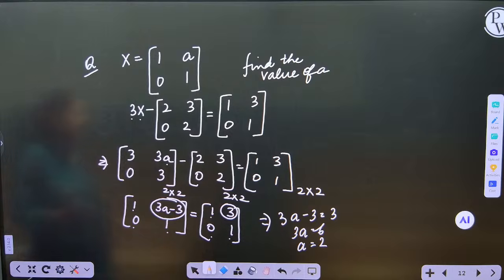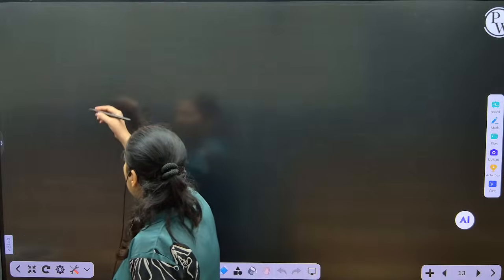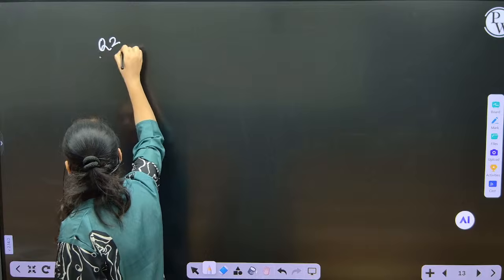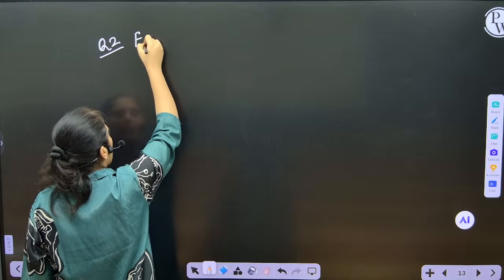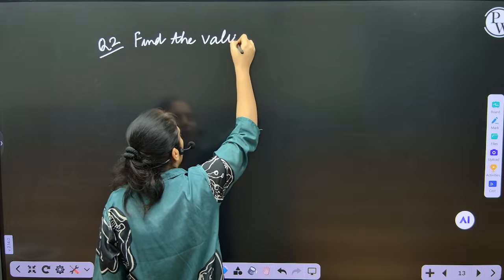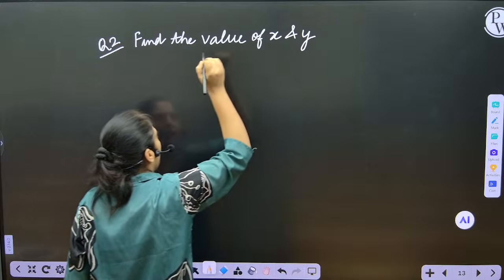Now the question is, the pattern is a little different, but the steps depend on the operation. Whatever operation they are asking us to apply, we'll apply to the question and we'll apply the steps. Find the value of x and y if